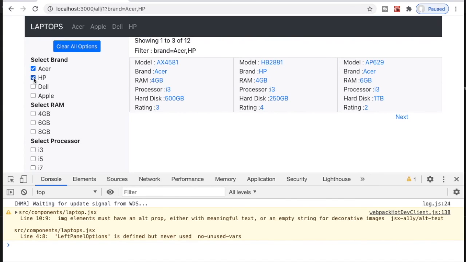So whenever you're getting these warnings, ensure that you take care of them. And it also helps us because when we do our console.log, it becomes easier for us to figure it out.